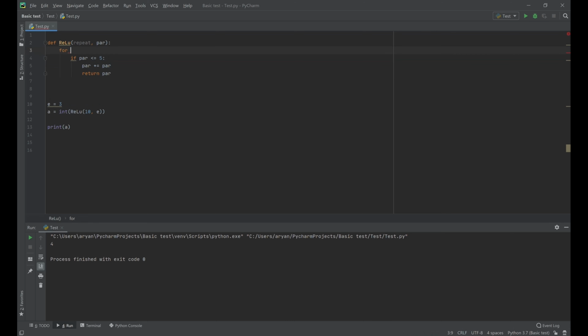So then I say for i in range, and I could say 0, comma, let's say repeat. What this essentially does is, oh wait, let me see this. So if this goes 10 times,